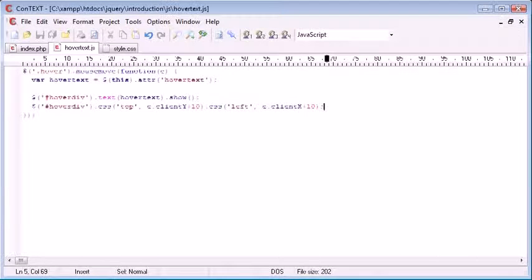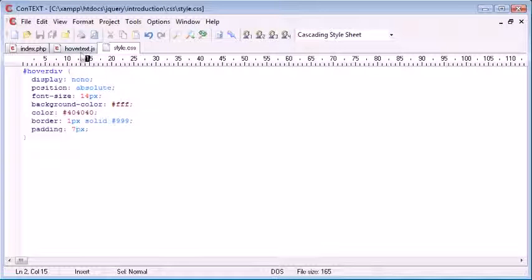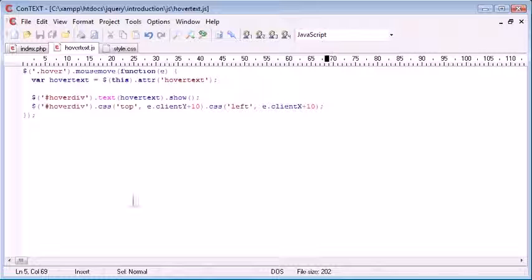But we also have this problem as when we leave the element, the div isn't hidden. Remember, we automatically have this hidden, but we don't have an event to handle when the mouse comes off of the element to actually hide it. So we want to go ahead and actually hide this now. So what we can do is onto the end of our selector for our hover class, remember this starts here and ends with this bracket just here, we can go ahead and assign another event handler onto this,